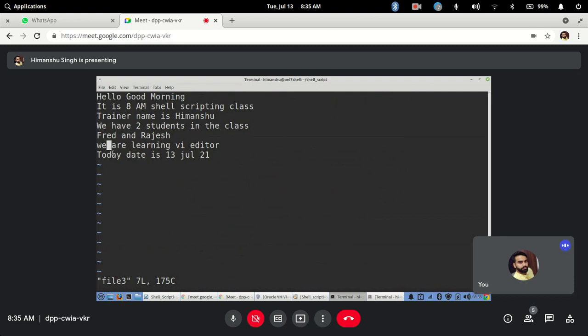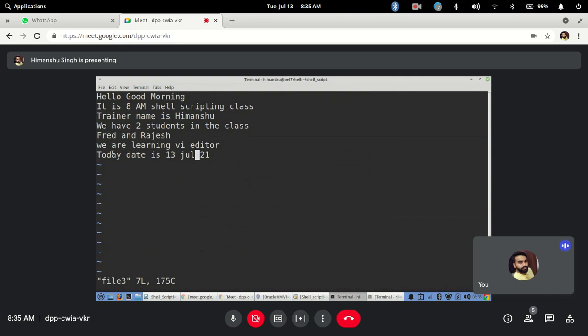Okay. Now we have seen moving around the files, saving the file, and quitting the file, right? Now next thing is when you are editing, what are the options with editing? What are the various options when you edit the file? Let's say wherever my cursor is, I want to edit and enter something like 2021 rather than just 21.